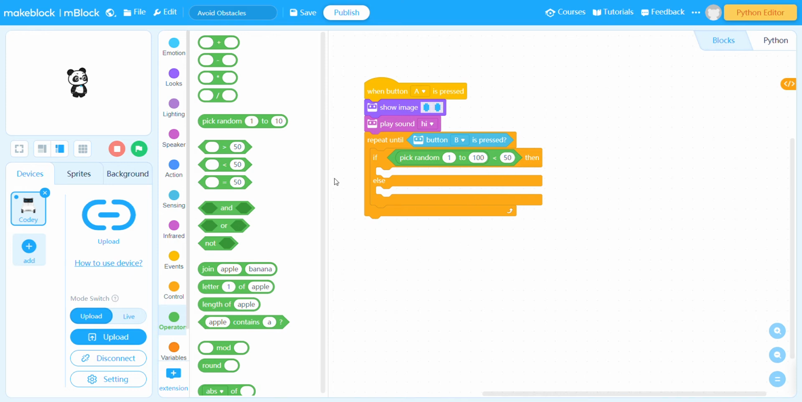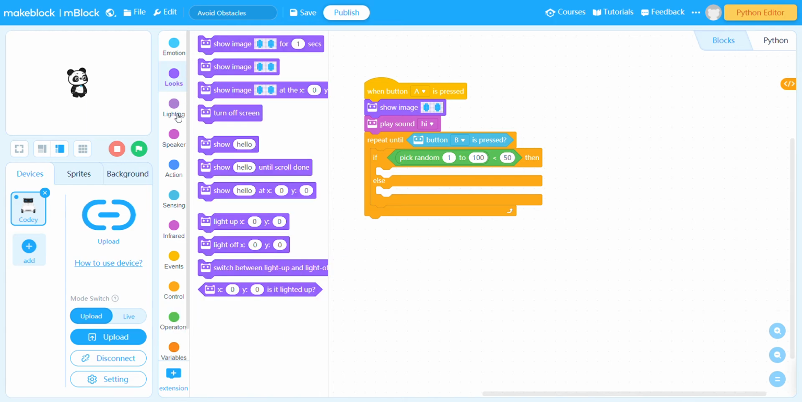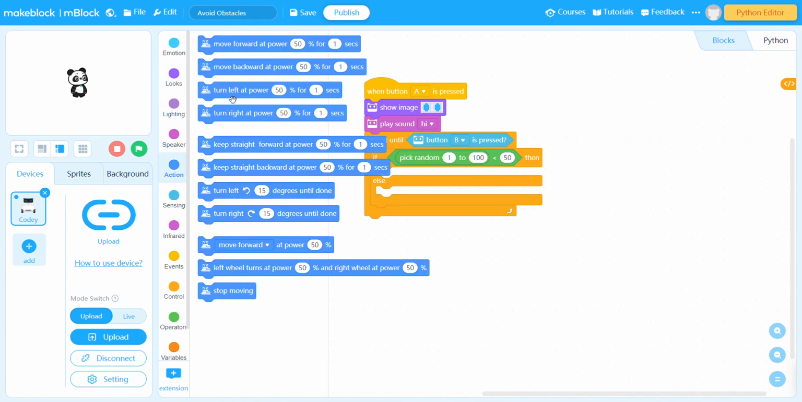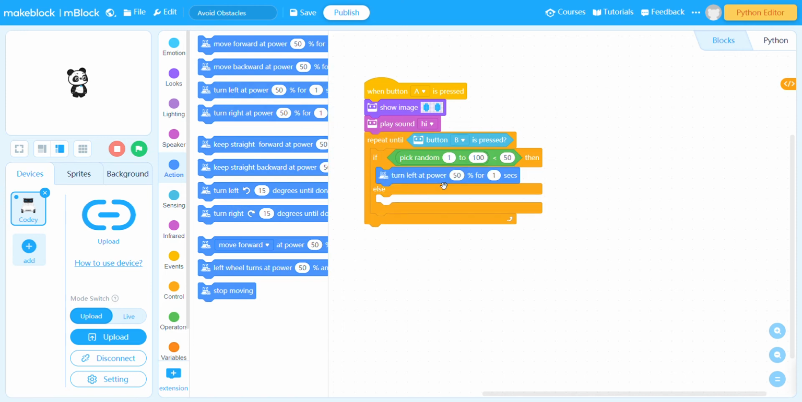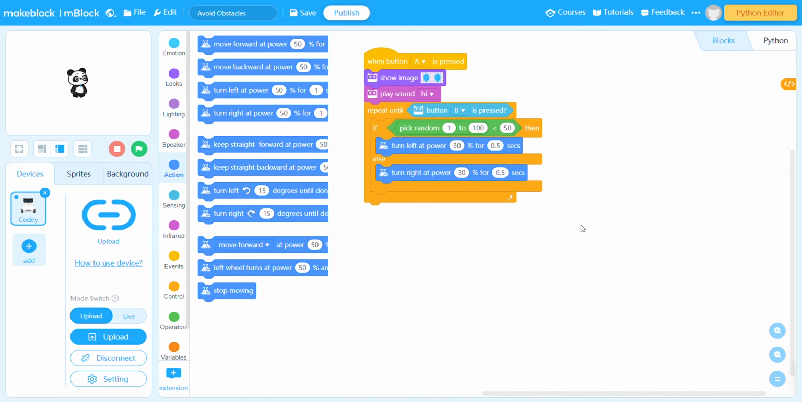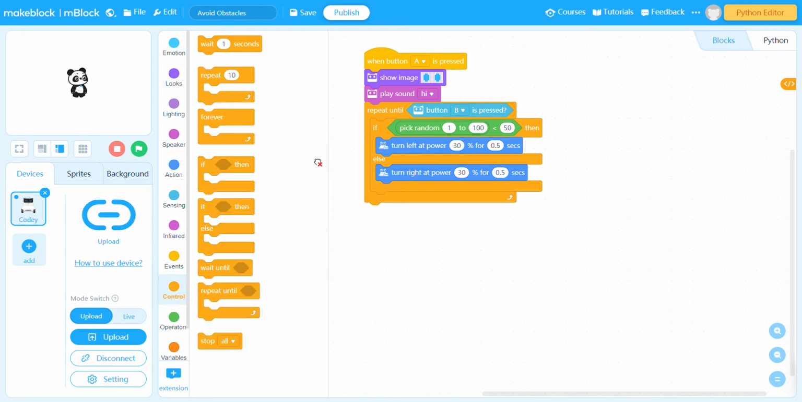So then we should do turn left. So turn left at power of 30 for 0.5 seconds, and then turn right, else turn right at power of 30 for 0.5 seconds. Now we are going to add another if else on top of this if else like this,